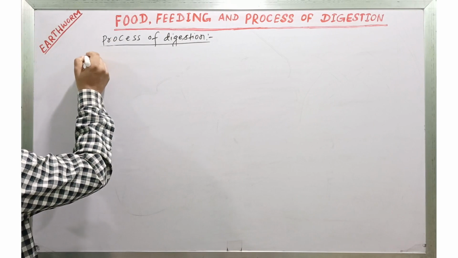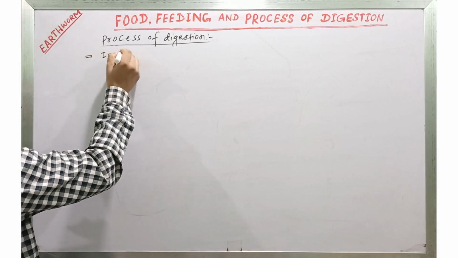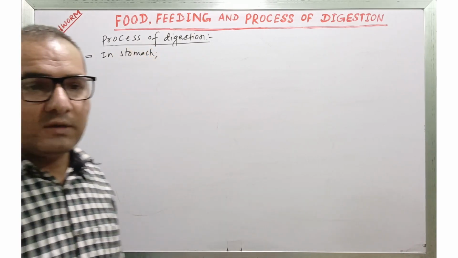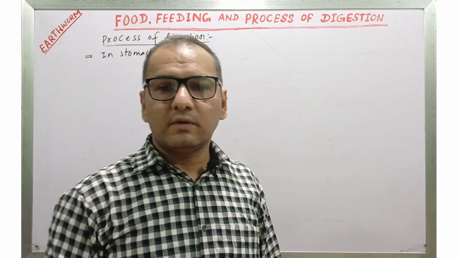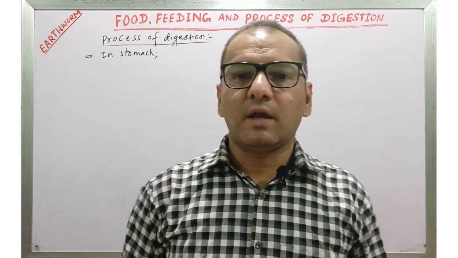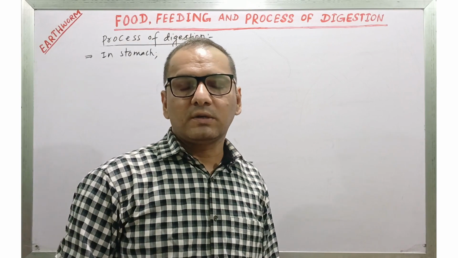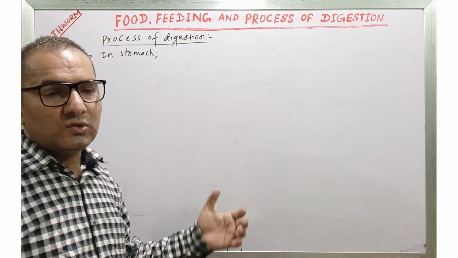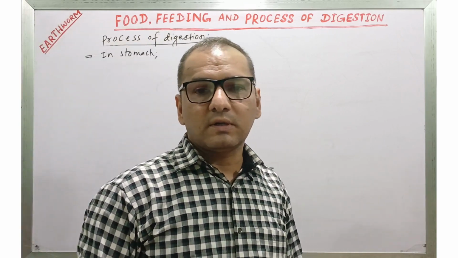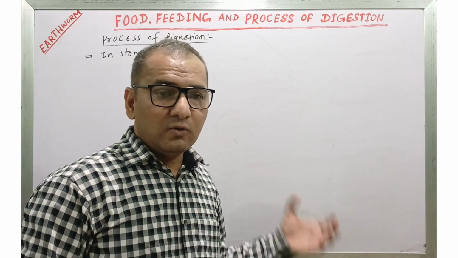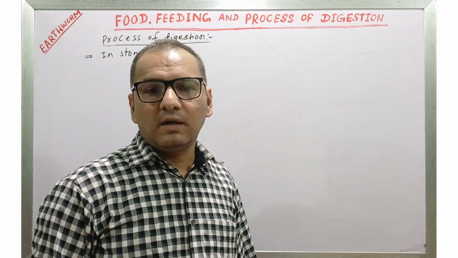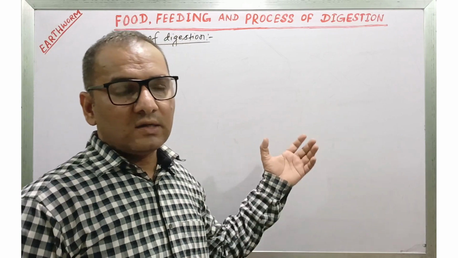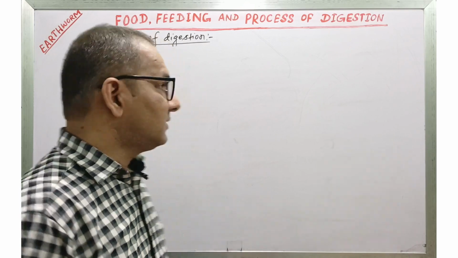Now, digestion in stomach. We have already studied in the alimentary canal that in the stomach there is the calciferous gland, which produces a chalky secretion containing calcium carbonate, calcium ions, etc. Its function is to neutralize the humic acid present in the food of the earthworm. The humus, which is the food of the earthworm, contains acid called humic acid, and the secretion of the calciferous gland neutralizes it.